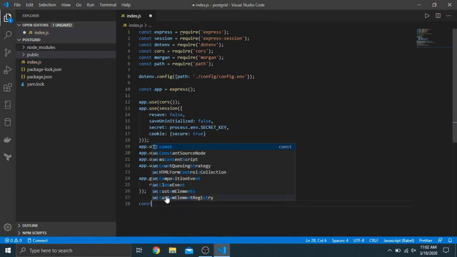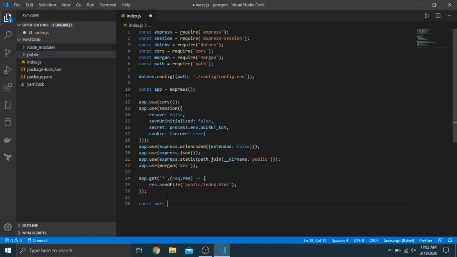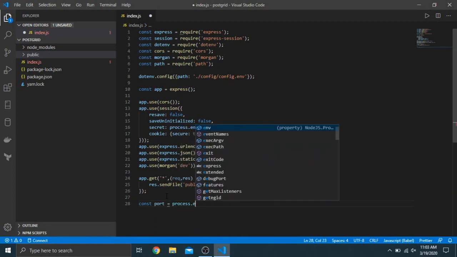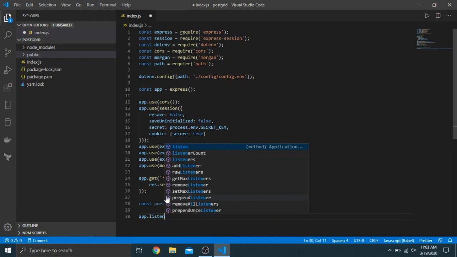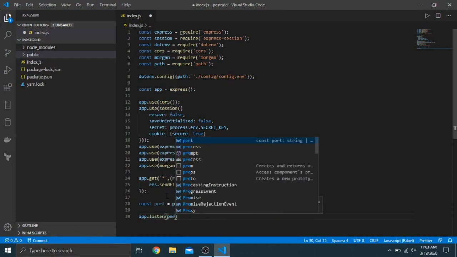Before we do that, let's make a port. So port equal to another environment variable that we'll make, and it'll be process.env.port. And by default, if there's nothing in the environment variable for whatever reason, it'll be 5000, which is the default port number for Express. Now we just want to listen on that port, so it'll be port like that,